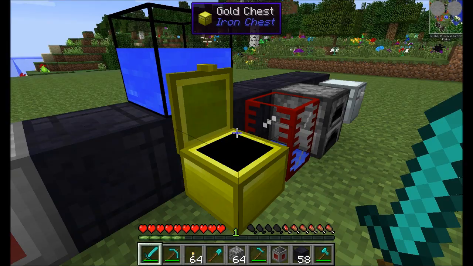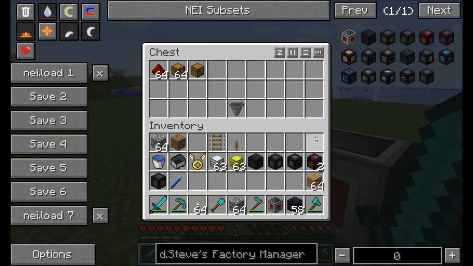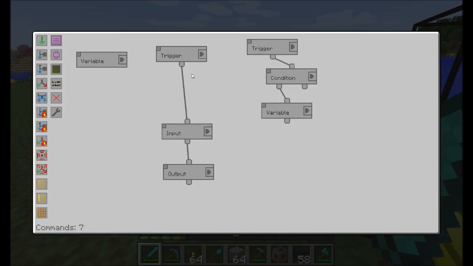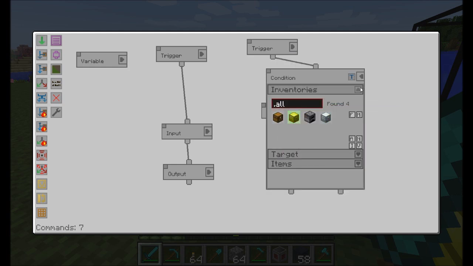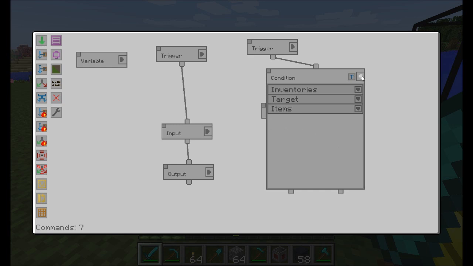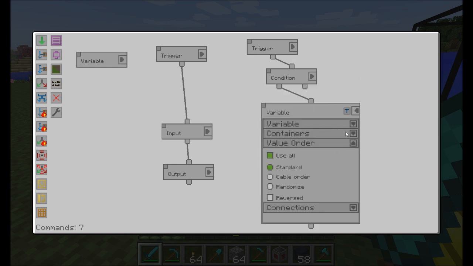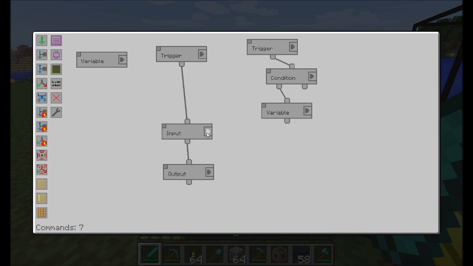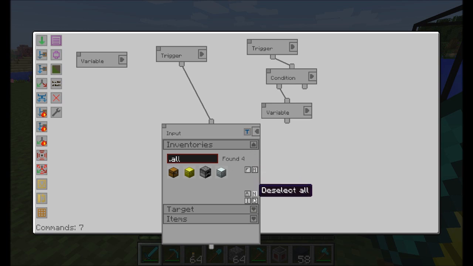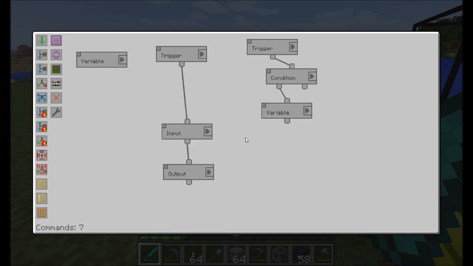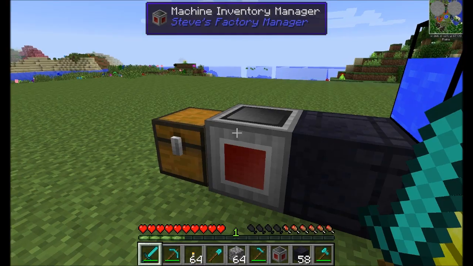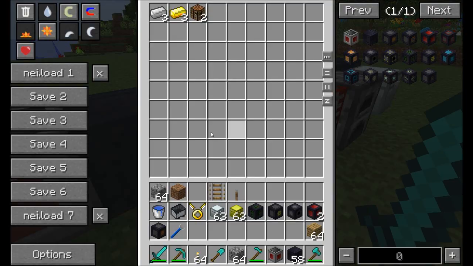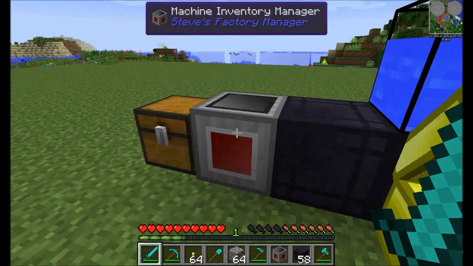So basically what we're saying is that I'm going to place some items in here, and it doesn't matter what items go in there. When this trigger condition occurs and it checks if the golden chest has cobblestone in it, it's going to add the wooden chest to the white variable. And the white variable is the one that is the inventory input for the output to the gold chest. So notice that right now nothing's moved in here. But as soon as we add cobblestone to this gold chest, it should add that variable conditional